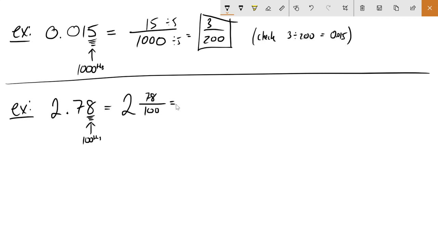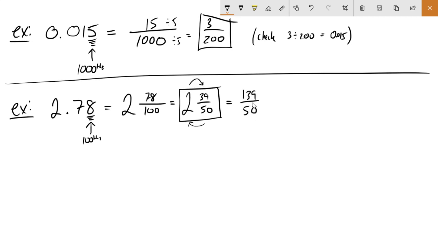Now that 78 hundredths is reducible because those are both divisible by at least 2. So 78 divided by 2 is 39, and 100 divided by 2 is 50. Yeah. And I don't think that reduces anymore because 39 is just divisible by 3 and 13, and 50 is not divisible by 3. So that would be a perfectly reasonable answer. If I wanted an improper fraction, how would I turn it into an improper fraction? Well, 50 times 2 is 100, and 100 plus 39 is